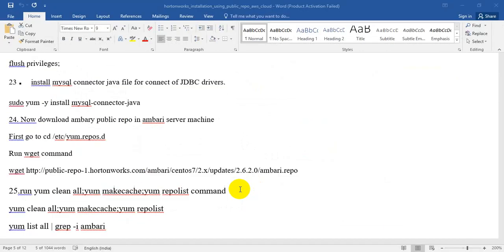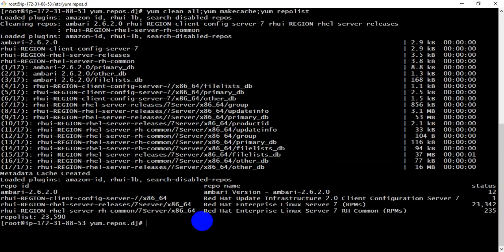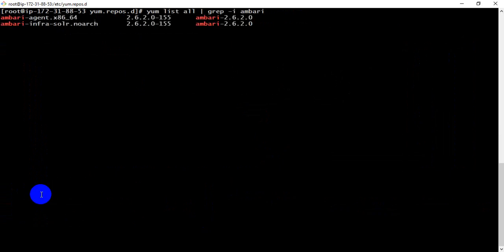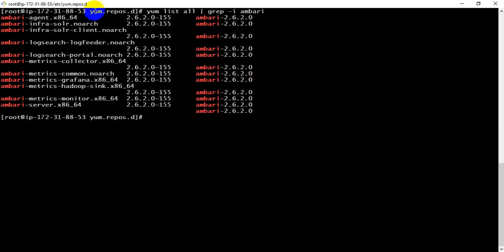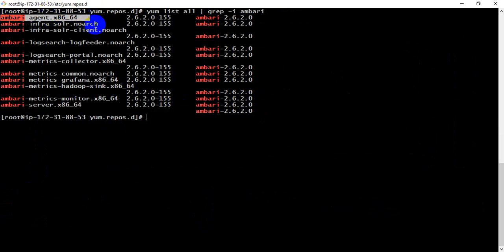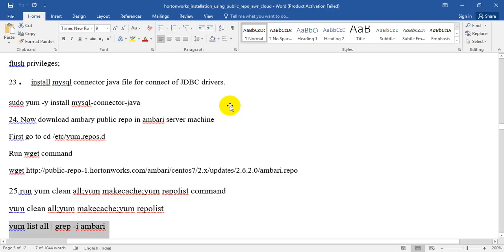Once that has been done, if you want to see what software is available, this is one more command which will give some additional information. Yum list all. The Ambari server is the package 2.6.2, and Ambari agent, x86 is 32-bit operating system and 64-bit operating system, like that. So once this has been done,